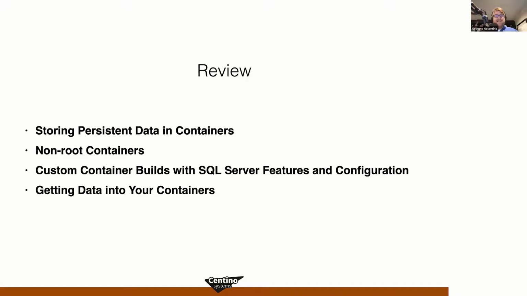We looked at how to get data into our containers, leveraging either data volumes or bind mounts, and then doing an automatic restore at container deployment. You can also attach to, if that's what's needed for your scenario. And then you can take that script and extend that to do more advanced stuff. But that process of looping to check if the instance is online and then running the script is really the way that you want to get that process started.